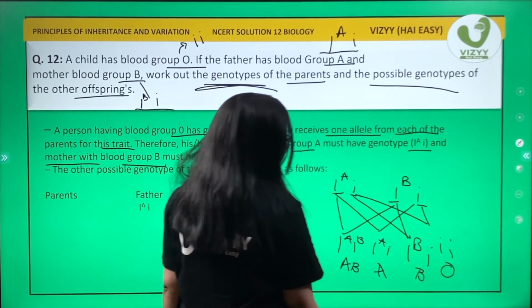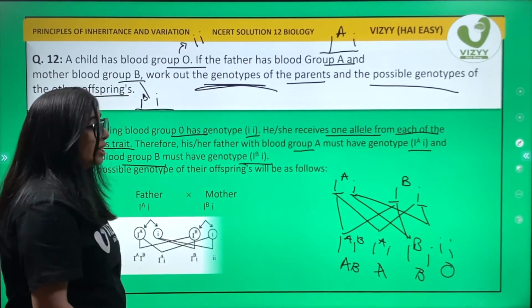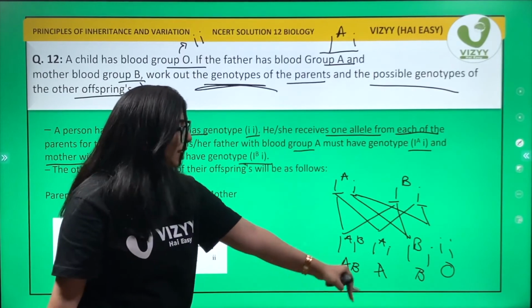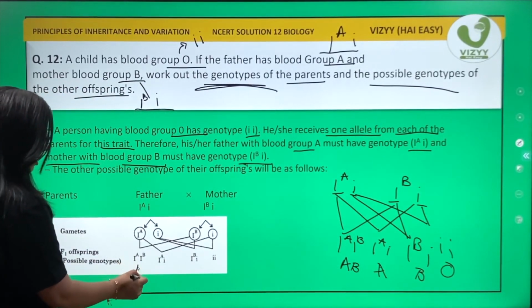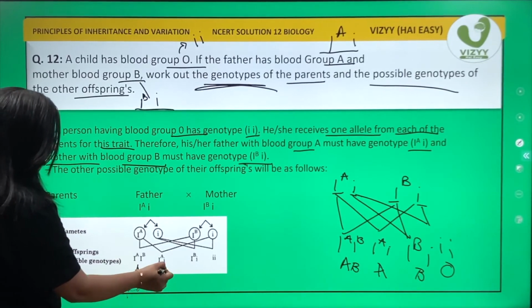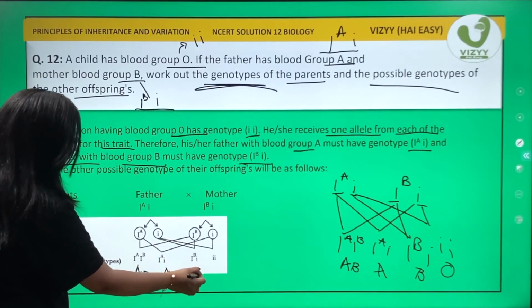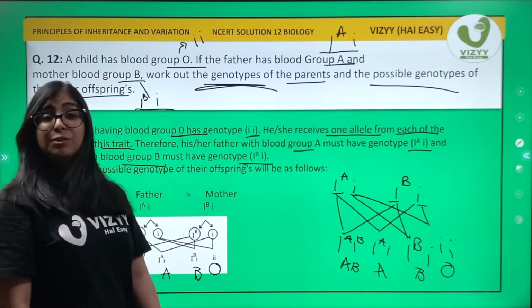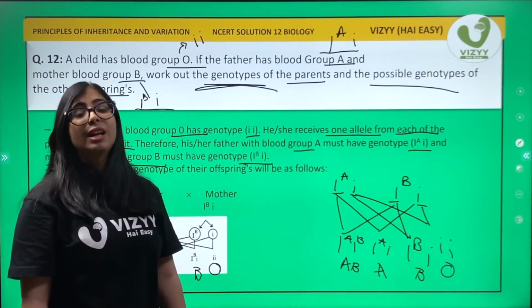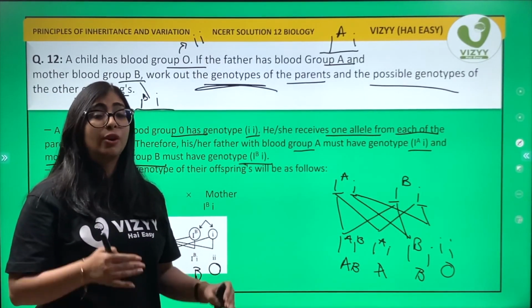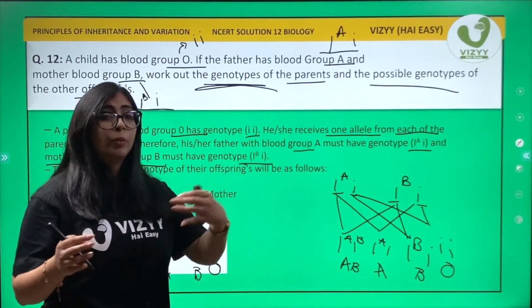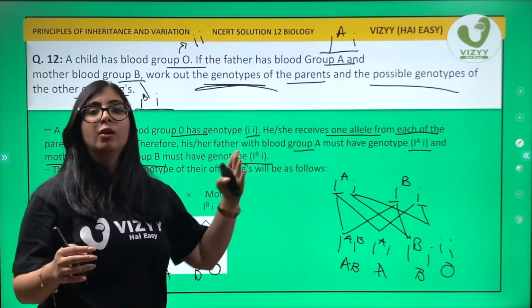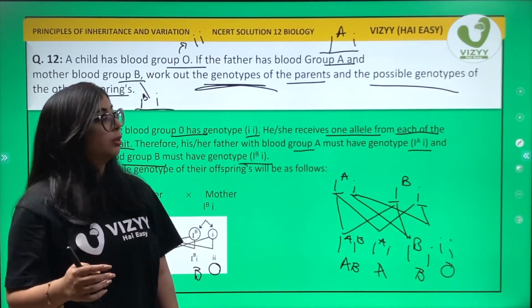This is O. So the possibility is 25% of each: AB, A, B and O. Okay students, easy. So there is a 25% chance of the other offspring to have AB blood group, A blood group, B blood group or O blood group. Okay students,